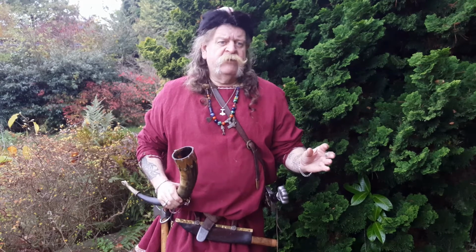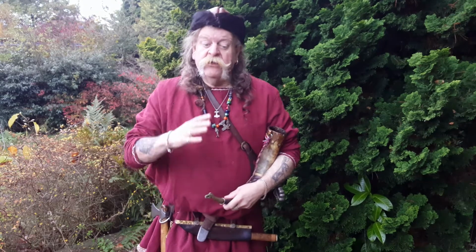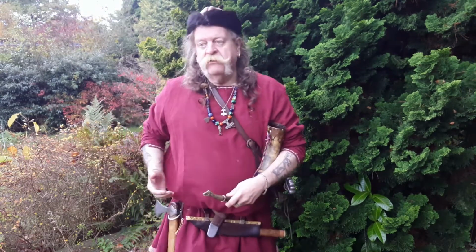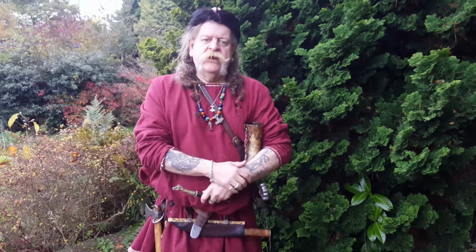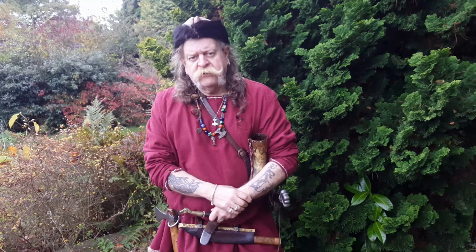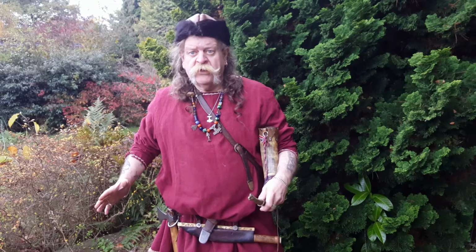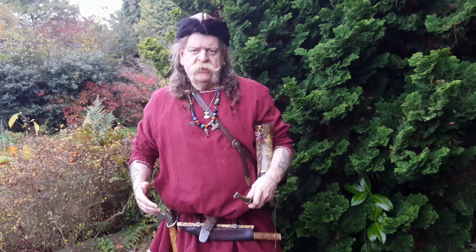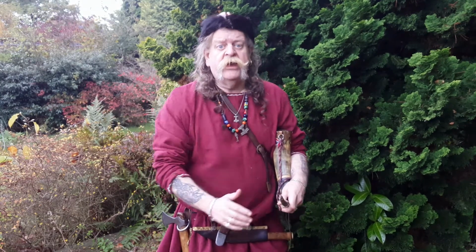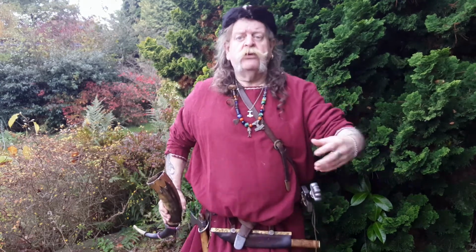All we had left that was organic was a little bit of tooth material. But if you look closely, you could see that they had hair down to here. Now that's very interesting in the sense that long hair was a sense of power. There were approximately 200 graves we found on there, and they were all cut to specific shapes. Some were multiple graves, some were graves of people who were hanged. You could see the neck was broken. Some people were face down and tied, and there were multiple deaths. There was a man sitting with his hands tied behind his back, another one in the same position with his